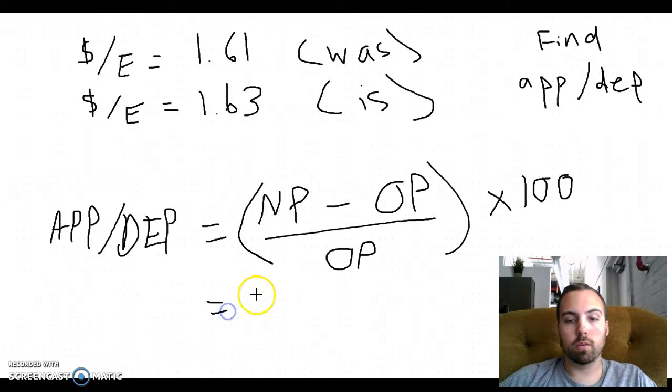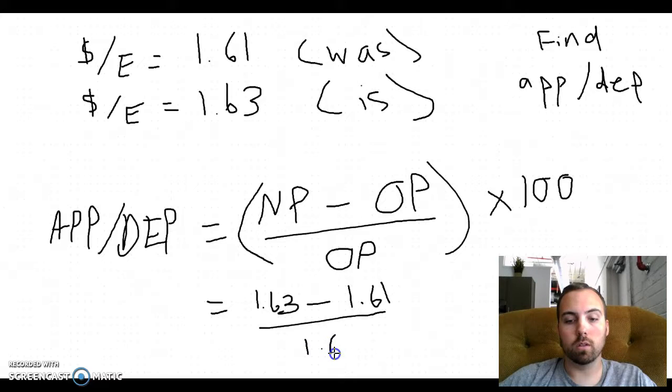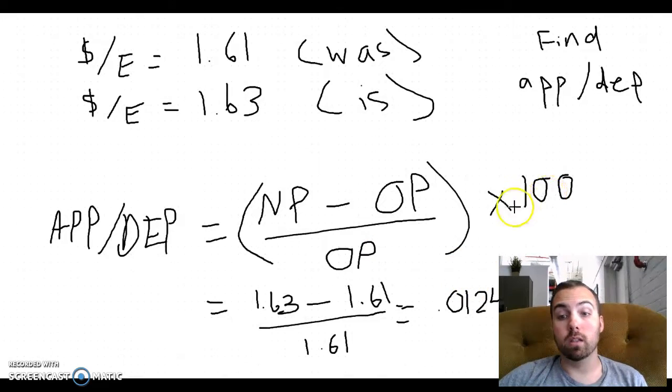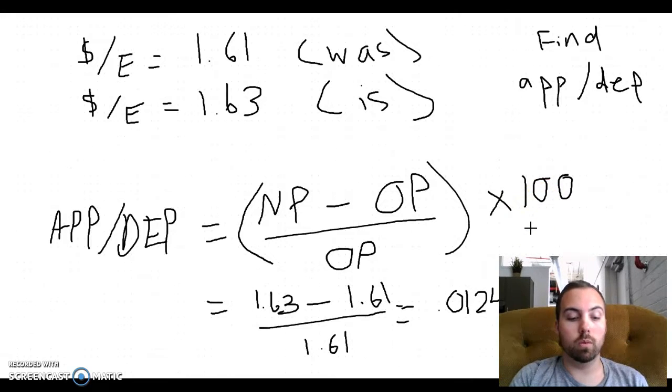So what do we have? We have 1.63 minus 1.61 divided by 1.61. And that will equal 0.0124. And after we calculate this, we need to then multiply it times 100. So once we do that, we will come to a change in